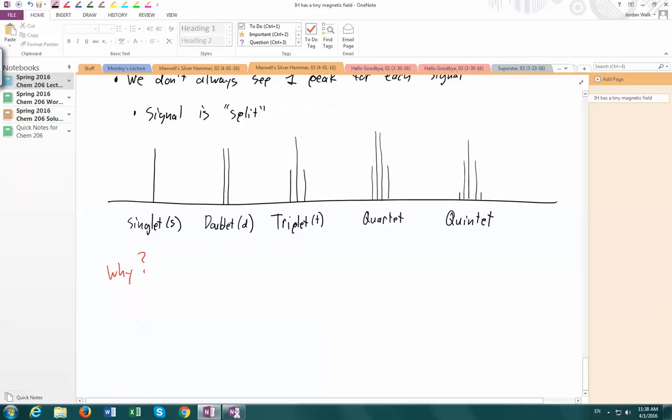Let's imagine a molecule. We'll draw an ethyl group there to make our protons inequivalent. We're going to do an NMR experiment, and we're going to focus on the signal that results from HA. Okay, so let's think about what goes on when we do this experiment. We're going to pulse HA such that all of those HA protons are flipped from alpha to beta. And so we excite